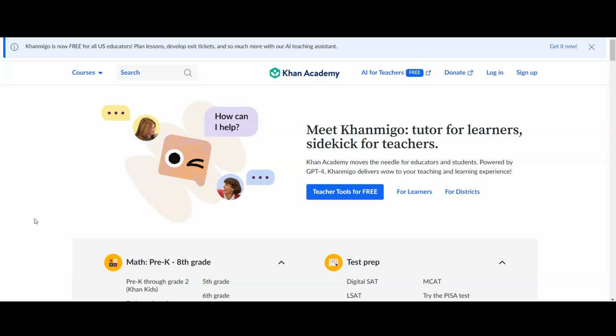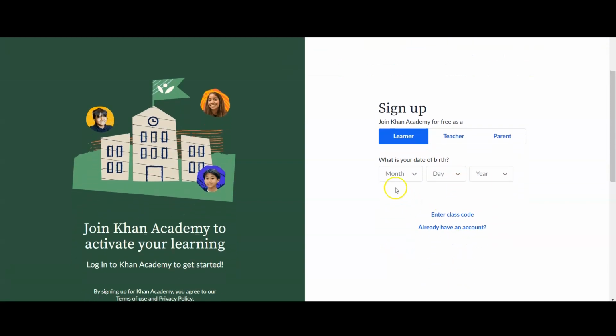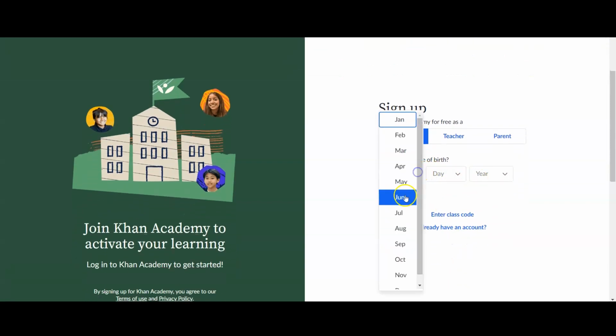You can use this on your iPhone by downloading the application from the App Store, also on Android and Google and most smartphone devices. So this is going to be a tool that is easily accessible for our high school students. They would sign up here. They would enter that they're a learner. They would also add their date of birth, for example,